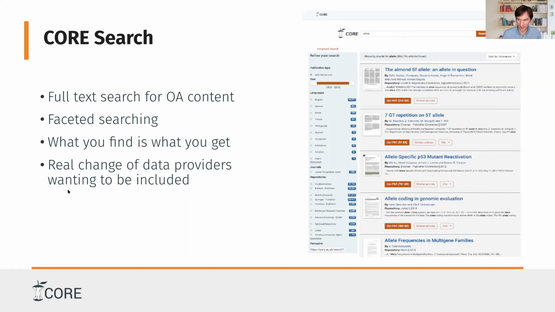I also want to highlight that in order to participate with content in this search, all you need to do is to run a repository which has something called OAI-PMH, which is a very standard protocol that repositories generally support. So we don't crawl content across the web, but we harvest content from these approved data providers. And we try to be very, very comprehensive in this. So we run daily processes for discovering new repositories and so on.